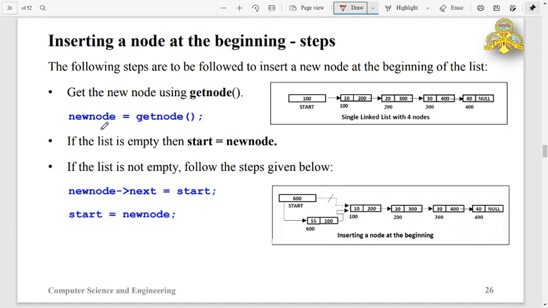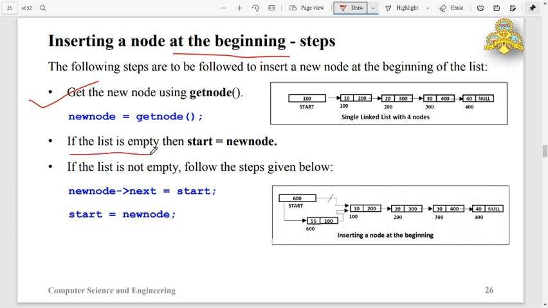Here is an image of the steps for inserting a node at the beginning. Create a node first. Thus the algorithmic steps are like this. Create a node first.